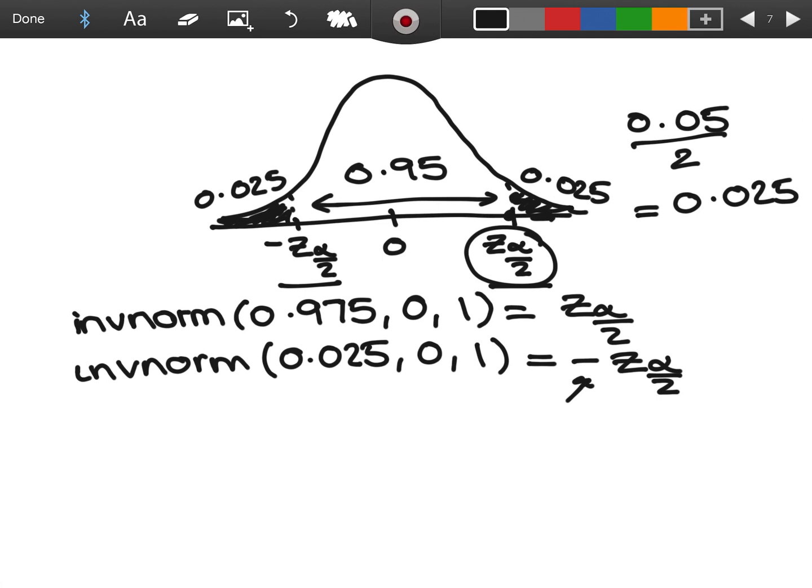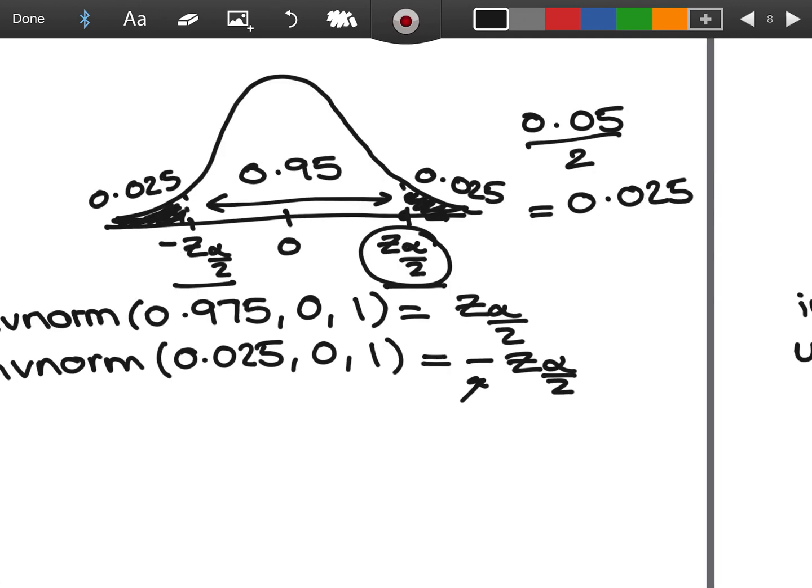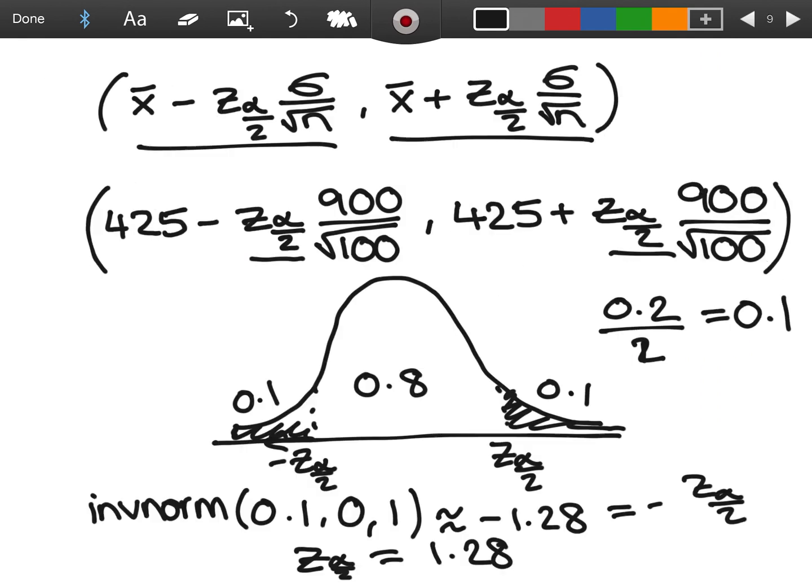You always take the positive Z value when you plug it in, and then you're going to add and subtract it from that sample mean. But always take the positive value. So they have figured all of this out and then plugged it into our formula here, and they've got the population standard deviation, they've got a sample size. So let's try this again